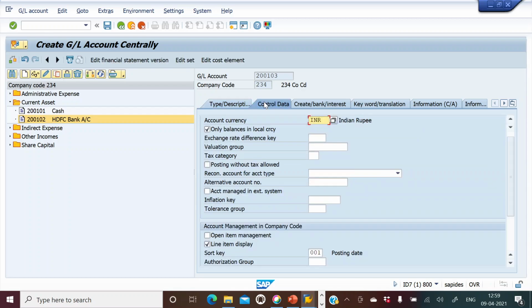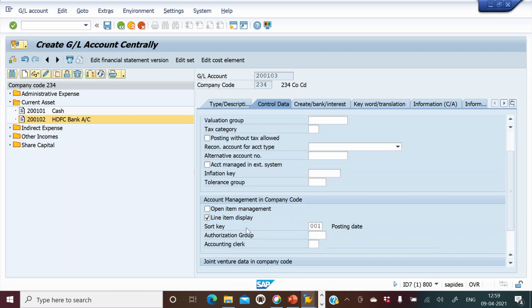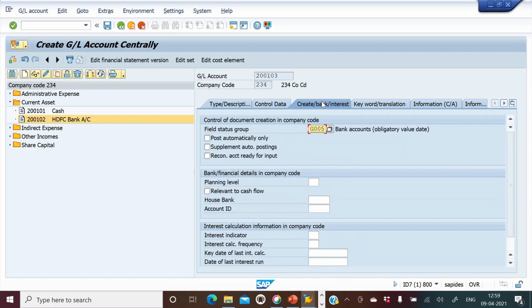Now, if you go to control data, you will see that again the account currency is INR, and the only balances in local currency is checked. Line item is checked, and again the sorting would be done basis the posting key. If you go to the create bank interest, you will see that the field status group G005 has been selected, which is specific to bank accounts.